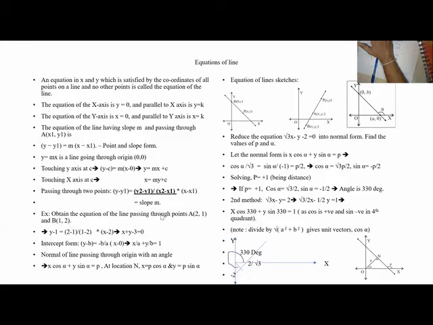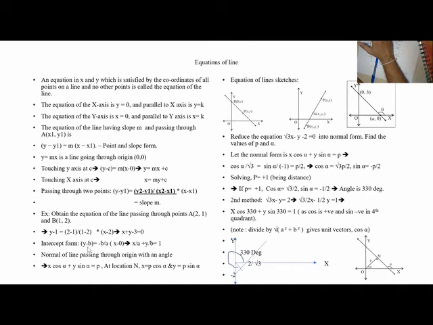Suppose I want the formula for these 2 points. Then first I will find out the slope here. Slope is y2 minus y1, 2 minus 1, 1 minus 2 minus 1, so slope is minus 1. So y minus 1 is slope into x minus 1. We can take any point. I can take this point also. Here he has taken the first point, y minus 1. I can take here y minus 2 is equal to m into x minus 1. This is also valid.